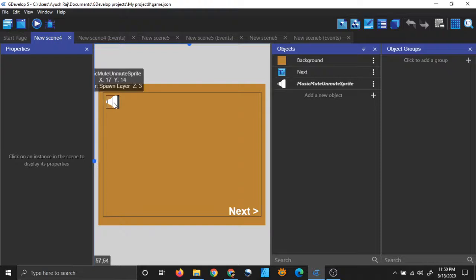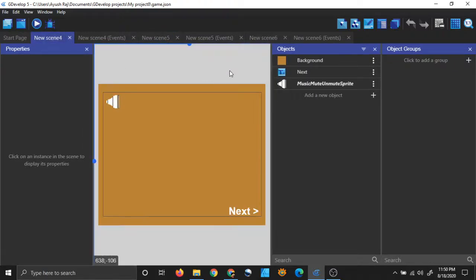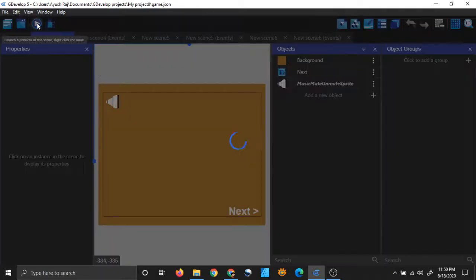Now for the mute system, mute and unmute system. Okay, before that let me show you how it works, how it looks when working.